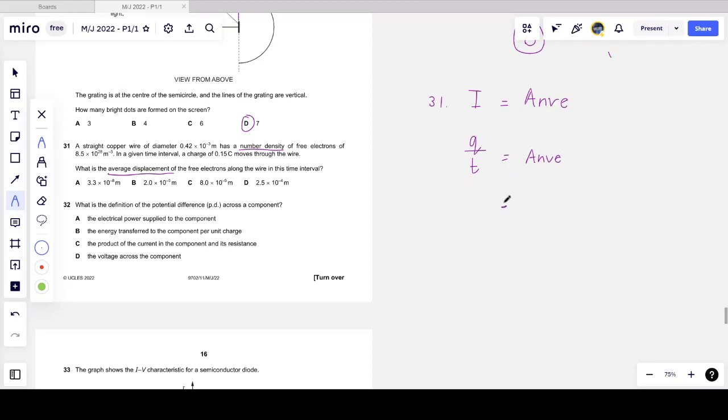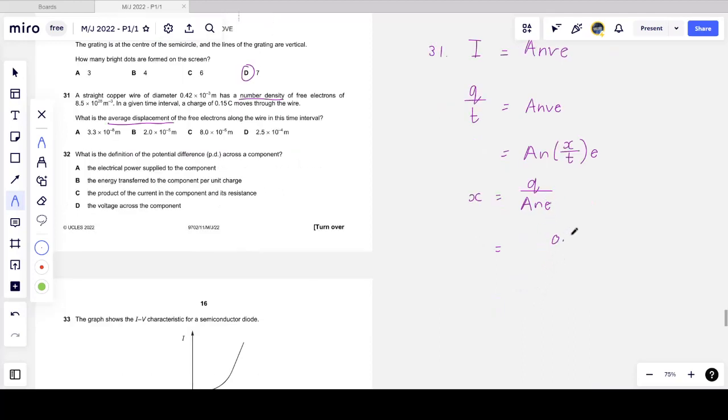Now a little bit more manipulation tells me that if I remember from my initial definition of velocity when I studied kinematics, velocity is displacement over time. So I'm going to write velocity as displacement x, which we want to calculate, divided by t. And so what I get is an expression that simplifies: x is Q divided by Ane. Now I suppose you could do this with some dimensional analysis, but it's better to do it with the equation. And so the average displacement of a charge x is